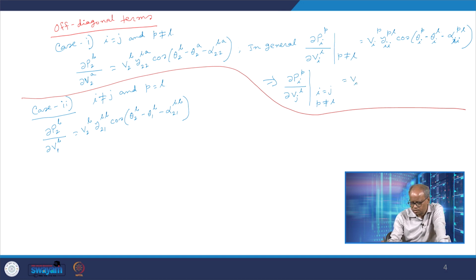So VIP, then Y I J P L cosine theta IP minus theta JL minus alpha IJ PL, right? So this is the general term. If I write down in this form using IP and JL, so this is the general term. So in general, if I say